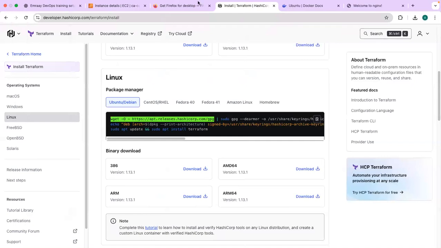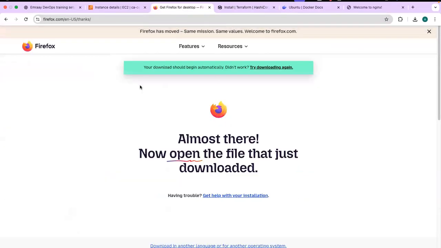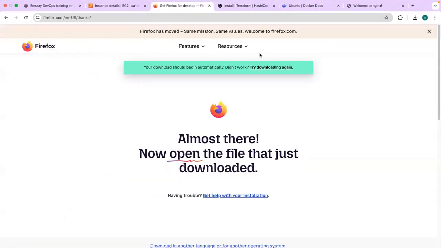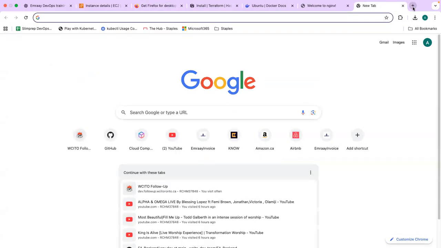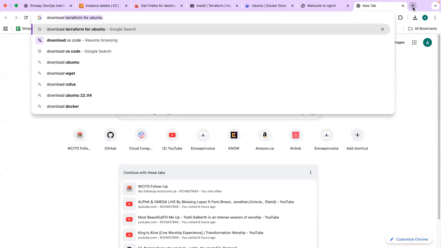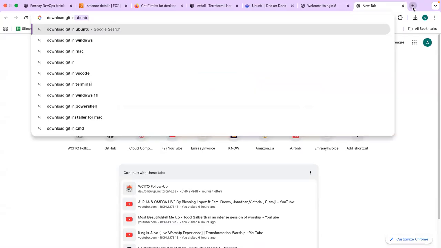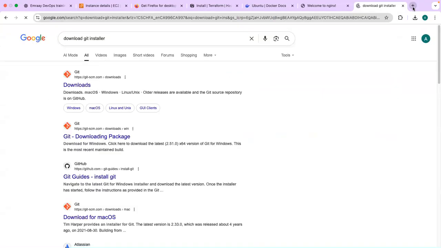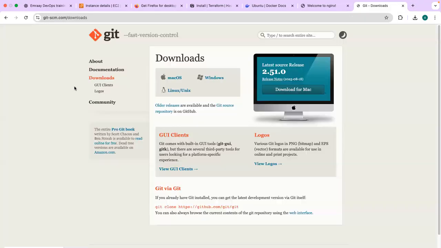So whatever you now want to do, let's say you use wget to download. Let's say I want to download Git. I think we downloaded Git yesterday. Download Git installer. Let us see. Let's say I want to download a file, right?